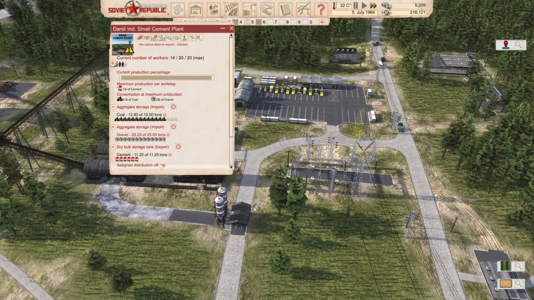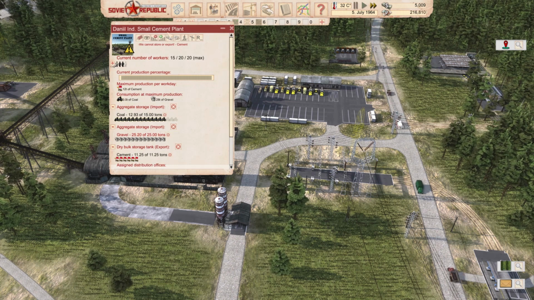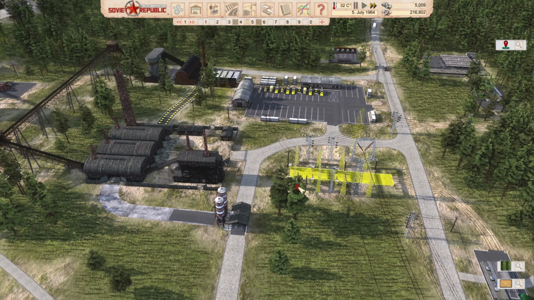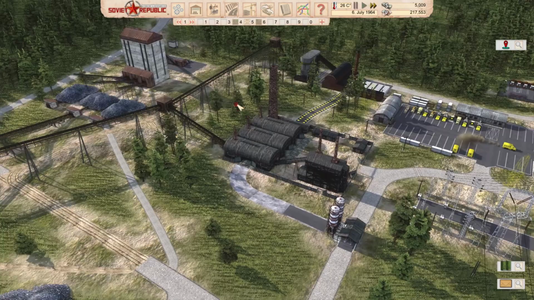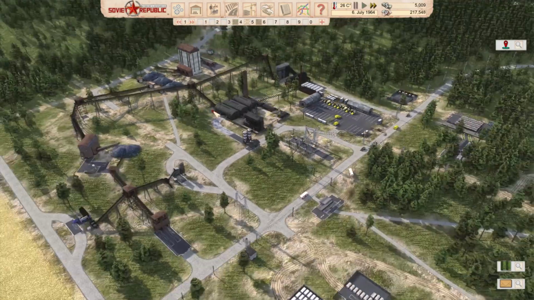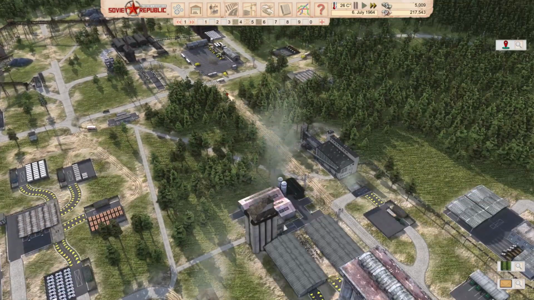These are not that bad. So all of this here is functioning well. Let me just lower the amount of workers working in the cement plant at the moment until we see the bottleneck. I'm going to leave it at that. We have 10 workers working here. Processing of gravel is fine. I'm thinking how to